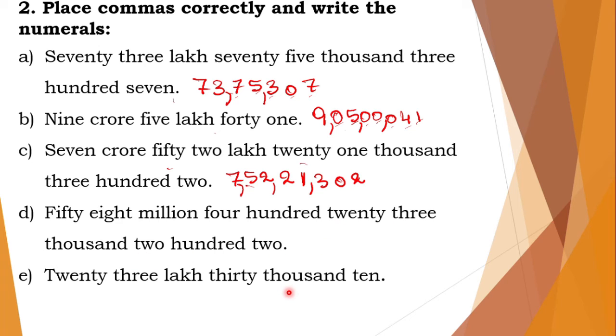58,423,202. Now we have 58 million. Now you can observe here we have million and million comes in international system. So now we should put the commas and write the numeral according to international system. Now how to put the commas according to international system? So in international system,